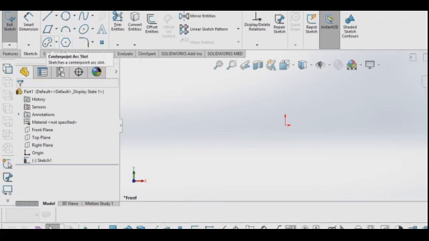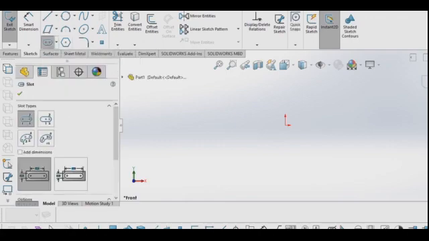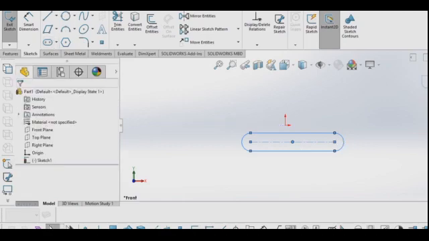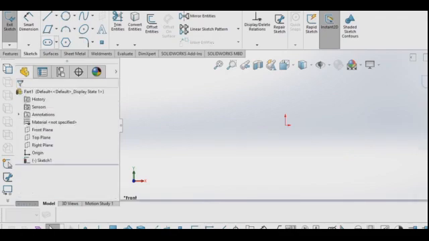We will continue with the slot. We have straight slot. Click the center point, axis end to end, and then give the radius of that corner arc. Next we have center point straight slot.